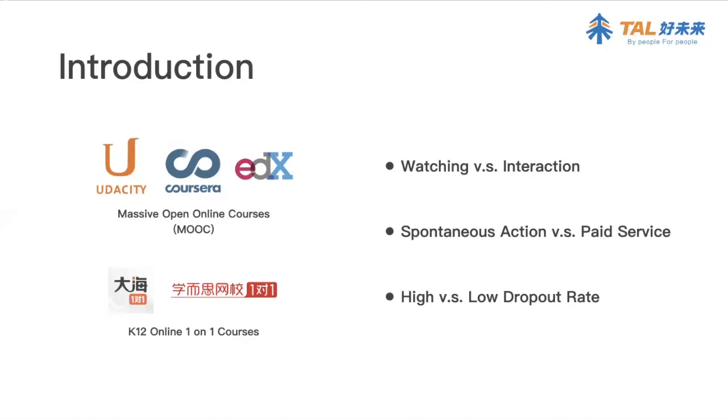Apart from that, the different characteristics between MOOC and K-12 courses, including the way students interact within the class, the study intentions, and the dropout situations, make current MOOC dropout prediction algorithms not work. In order to solve the issue, here we propose our method to identify at-risk K-12 students with some novel designed multimodal features and some data augmentation methods.